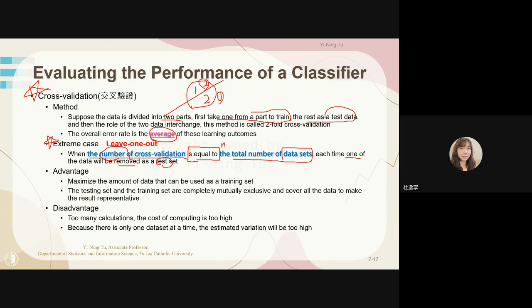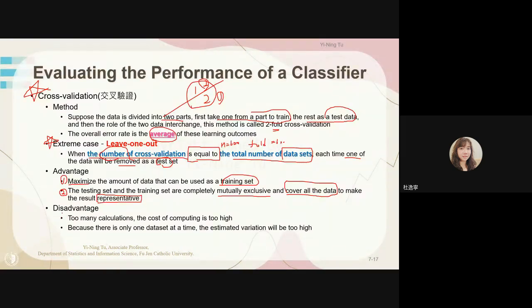So if my data set n equals 600, in this case, my fold will equal 600。它当然有好处也有坏处。The advantage: maximize the amount of data that can be used as a training set，就像我讲的，它可以把 training data set 最大化。第二个好处哦，这2张影片都很重要，所以背下来了。The testing set and the training set are completely mutually exclusive，就是互斥，and cover all the data。我们收集到的，可以 cover 到 all the data to make the result have a representative，具有代表性。